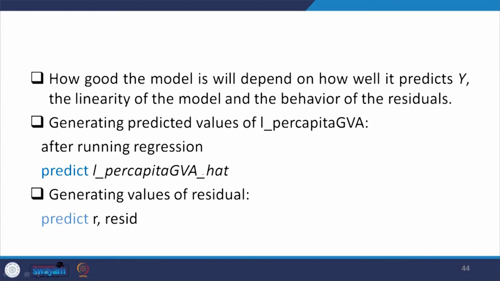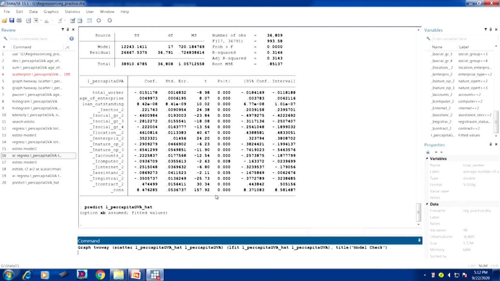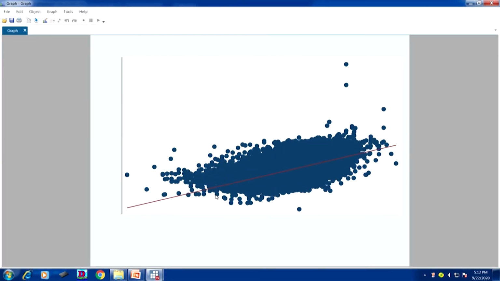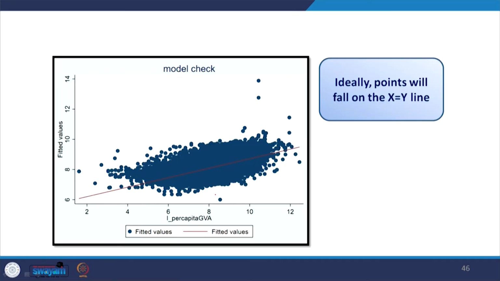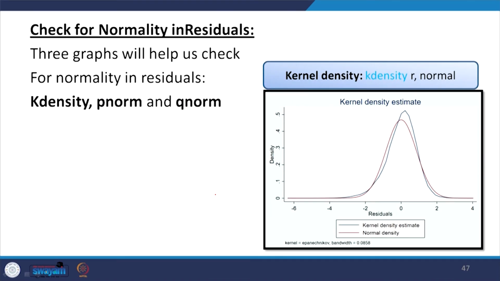Now, this is not the one. Okay. Now, after predicting, we can get the fitted values and the predicted values of our model. That has already been explained to you. So, what I will do, I will now explain. All right. So, that we can predict, and this will look like this, and ideally points will fall on the x and y line. The more points assembled nearby or on that line, the better the model is expected to fit.